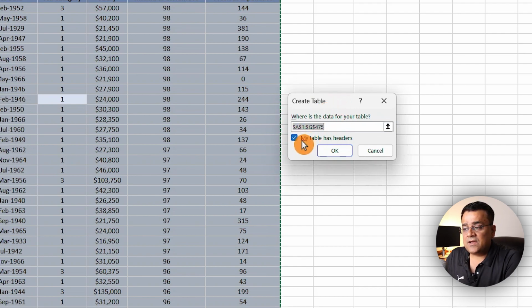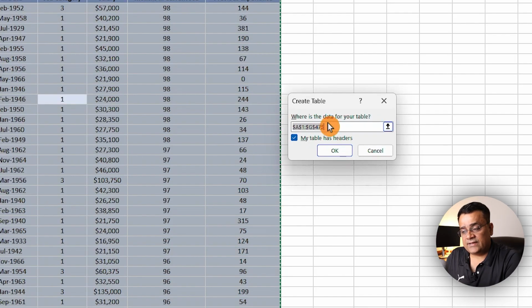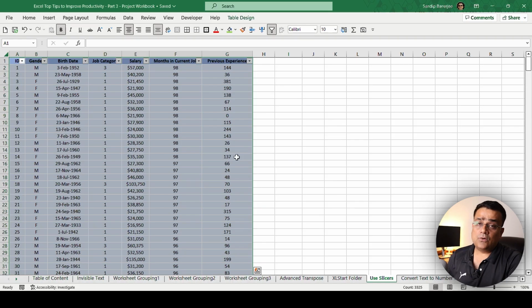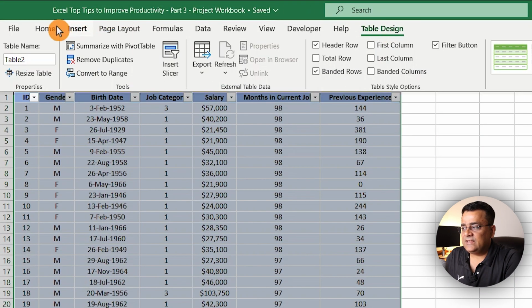And next is whether my table has headers, which means I currently have a header here, so that will be checked. If you don't have one, you can uncheck it, and then click on OK. Now there are different features of Microsoft tables, and I have a different video covering that. However, here is one change you can see: if you go to Table Design,